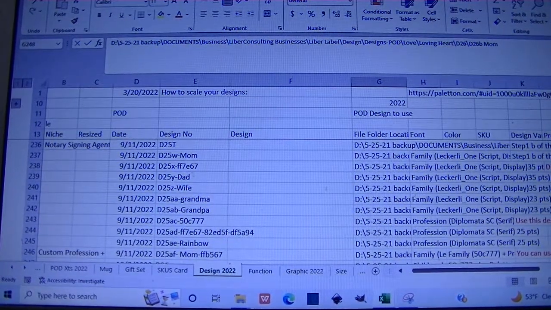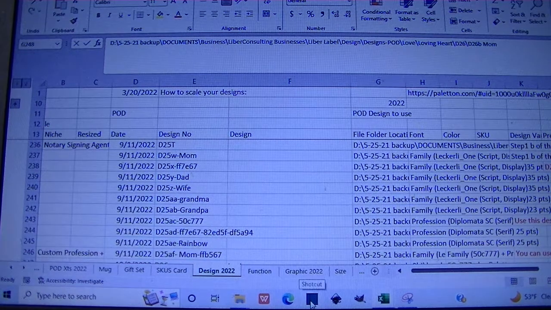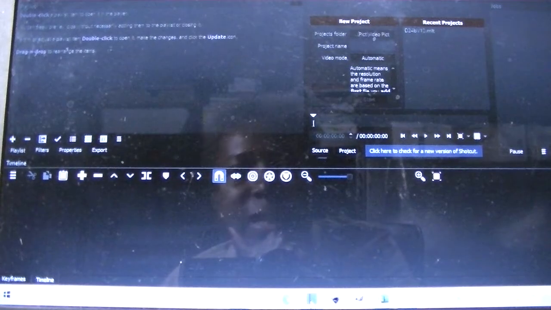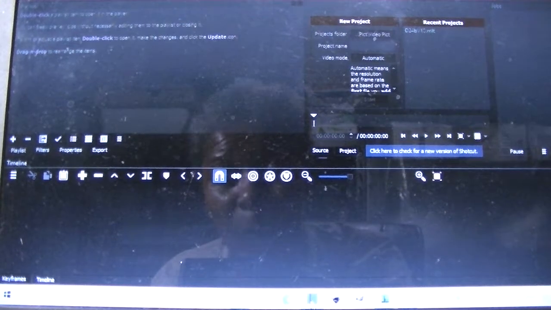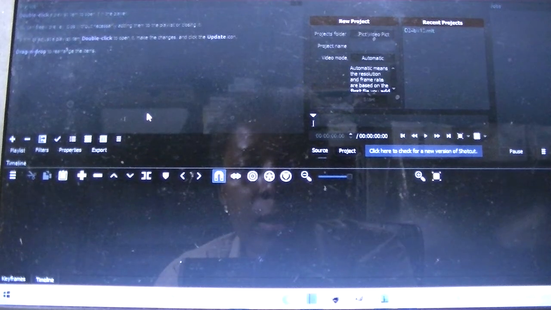Hello, how to create a mug video mockup for your mug designs. We will use ShotCut. It is a video editor software that is free. It is used offline, so that means when you don't have internet, you can still continue working, and it is an open source software. You can just Google it and find the site where you'll download it from,